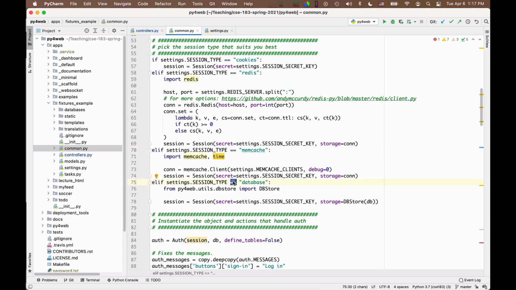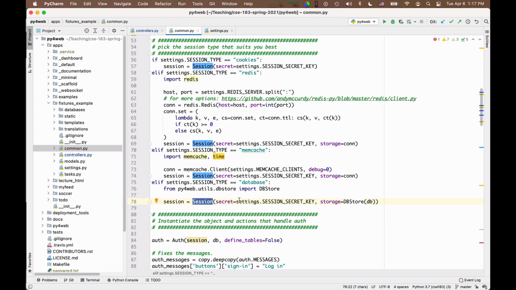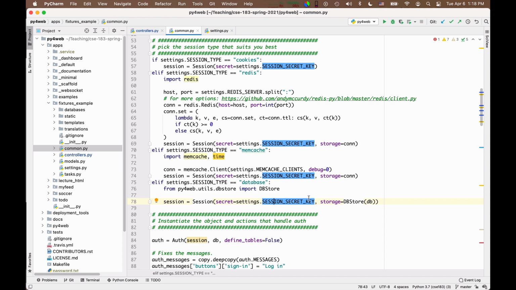Okay. The last choice is what we will be doing. We store the session in a database, and we do as follows. We create the session object. I will go now to look at how the session object is created. But okay, we give it an encryption key somehow. You can modify it in settings, and perhaps you should. I don't know what the default is. Yes, it's not a very good default. When you put your site in production, we can replace these with a UUID or with your own secret passphrase somehow. Okay, so you give it a key for signing,